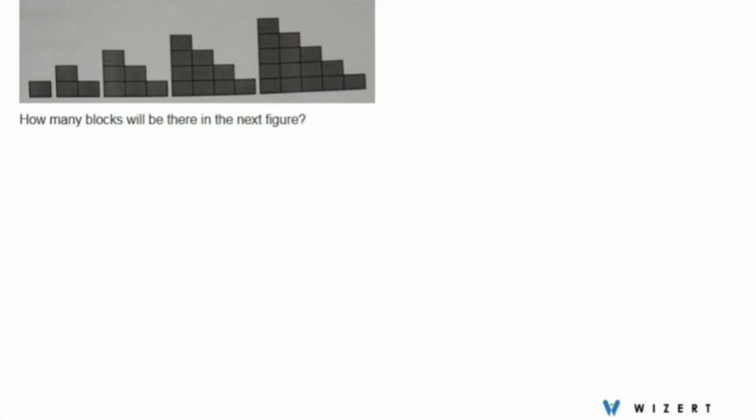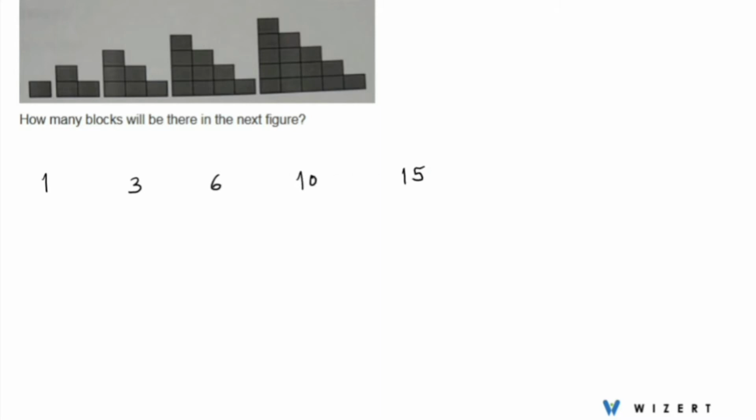We have this question here. How many blocks will be there in the next figure? Now let's look at the pattern of number of blocks in each figure. So let's see, first figure has 1 block, second has 3, third has 6, fourth has 10 and fifth has